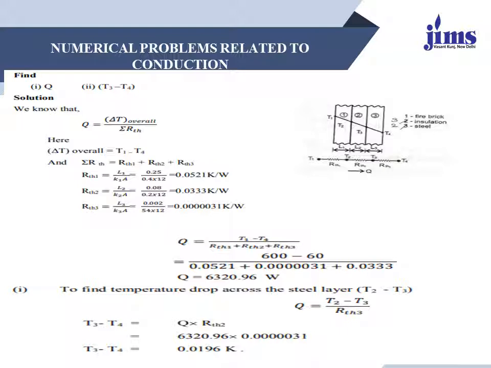Therefore Q1 is equal to Q2 is equal to Q3 is equal to Q is equal to T1 minus T4 divided by the total summation of resistance. So putting the values of T1 and T4 and R1, R2, R3, we get the final answer. This is Q is equal to 600 minus 60 divided by 0.0521 plus 0.000031 plus 0.0333, and the final answer is that the heat transfer rate from this system is